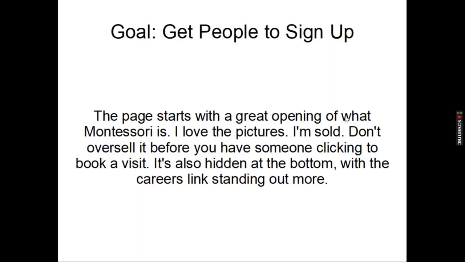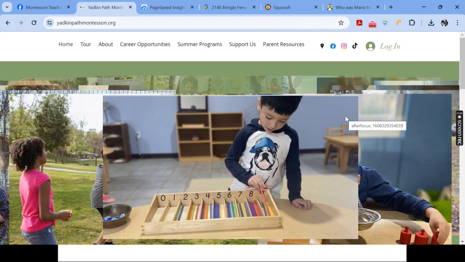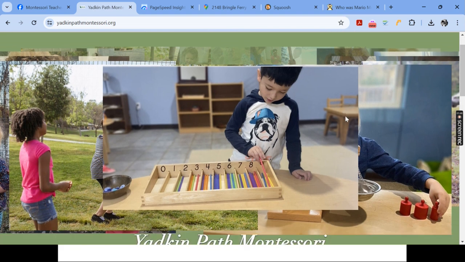But your goal is to get people to sign up, to sign up for a tour, or to visit or something like that. That's what it seems like you're really pushing for on this main page. You've got the pictures here. I think the pictures tell much more of a story than